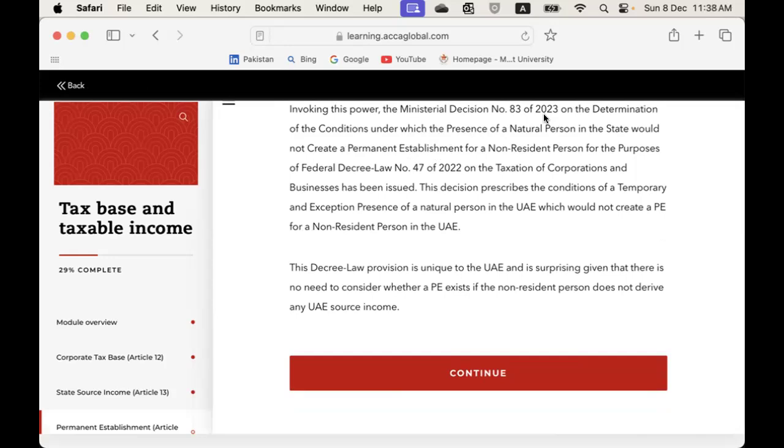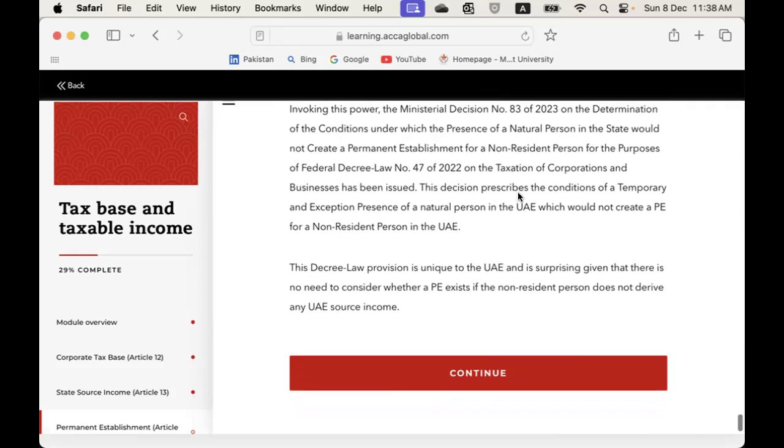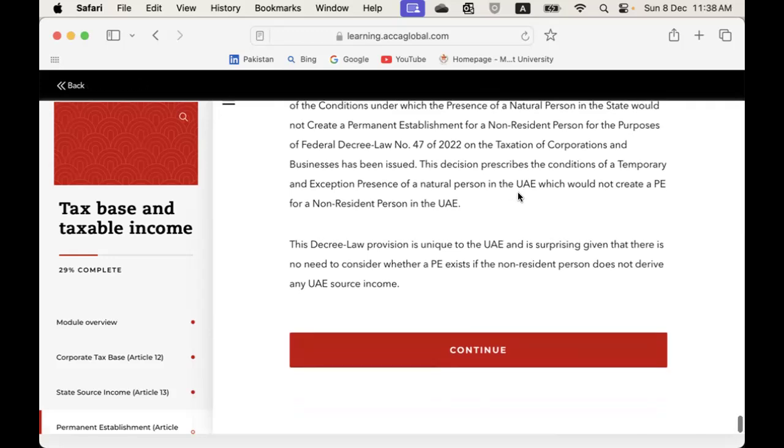And because of being stuck in a country, especially from a dependent agent perspective, there was a risk of permanent establishment arising out of that elongated stay. So that clarity was also highlighted in this ministerial decision, that the presence has to be for the purpose of business, first of all, or at least UAE source income should be there. So anyways,